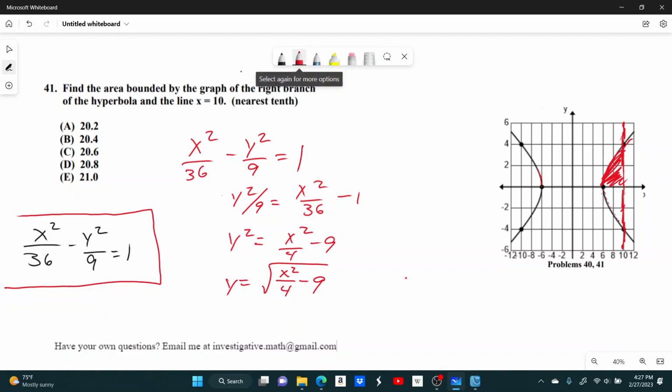And then to find this area, I can just integrate. So I'll integrate the square root of x squared over 4 minus 9. Well, what are my x bounds? So I start at x equals 6, and then end at x equals 10, and then integrate with respect to x. So if I do this,